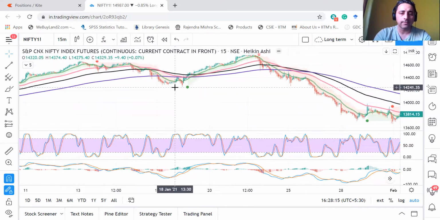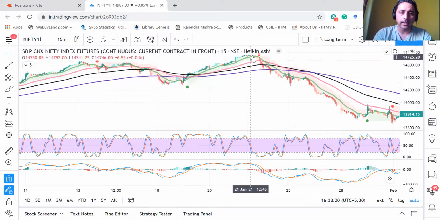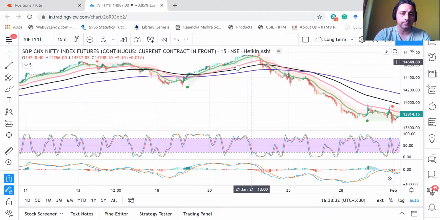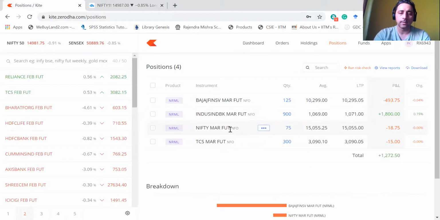So had I chosen this level or even something more than that, and we see the chart moves up, the price goes up. Then what I need to do is, I was at this level, and in a few days of time between 18th and 21st of January, the price started moving up. So in that case, what I should do is go back to my asset, Nifty Feb future, assuming Feb. I would see some profits here. Right now there's minus 18 rupees. I would see some profits here. So I have some profits.